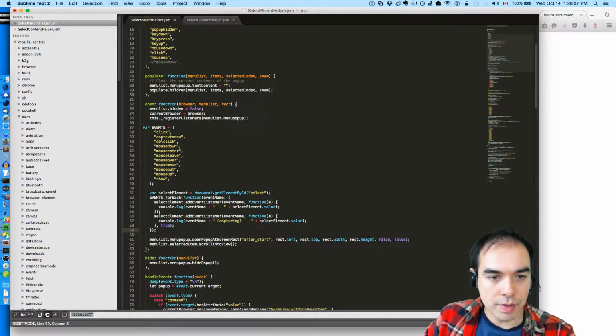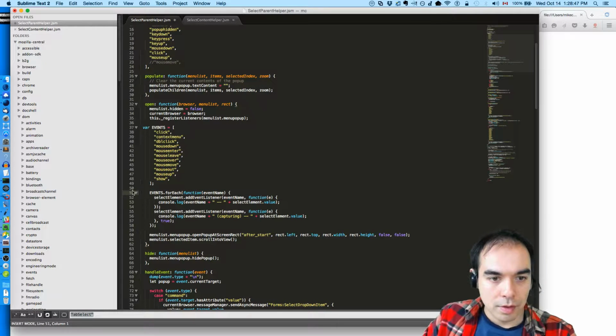And we just do this, but not on the select element. We'll do it for each menu list, menu pop-up, add event listener, and then we need to get the value.